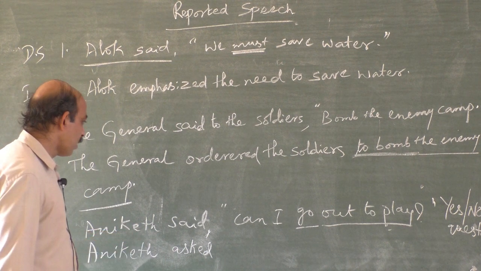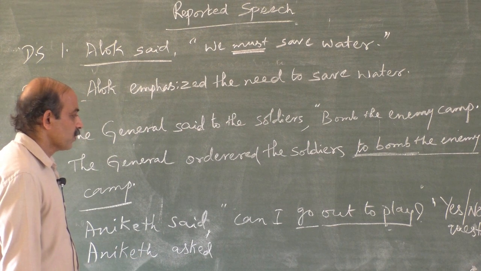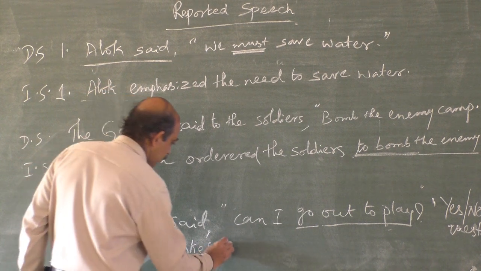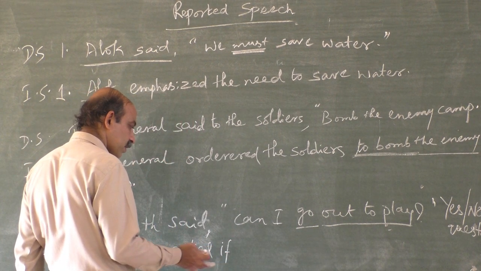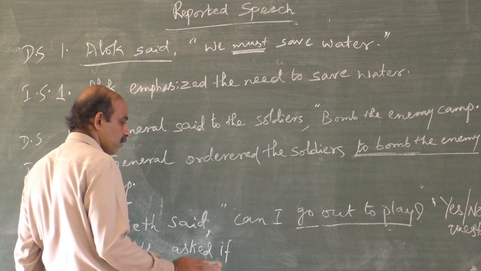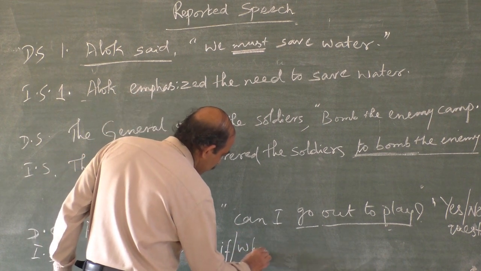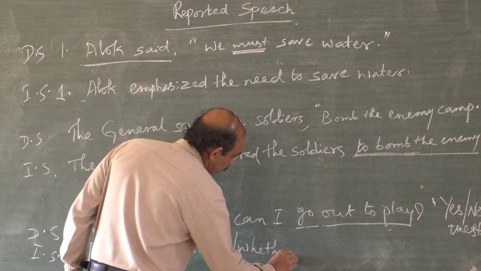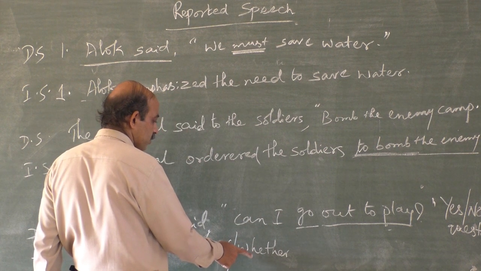So "Aniket asked", and then which conjunction? You can use "if" very easily, where no problem is available and spelling mistakes will not occur. If or whether, let me write, because another conjunction is also available, but whether, when you write, students must remember the spelling